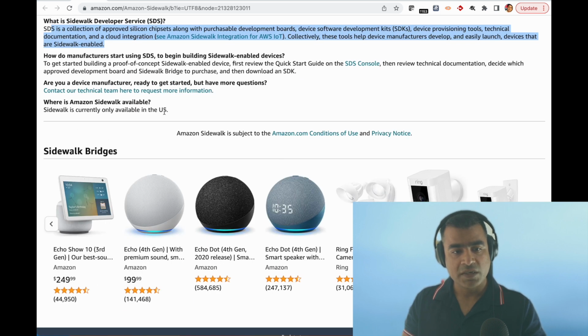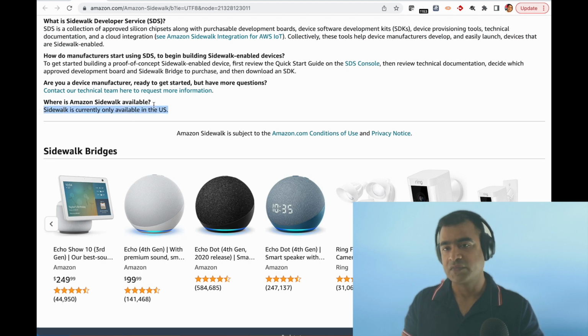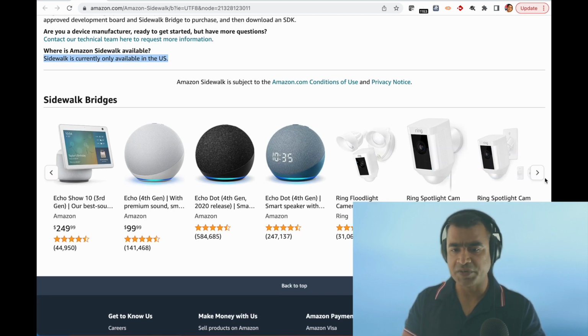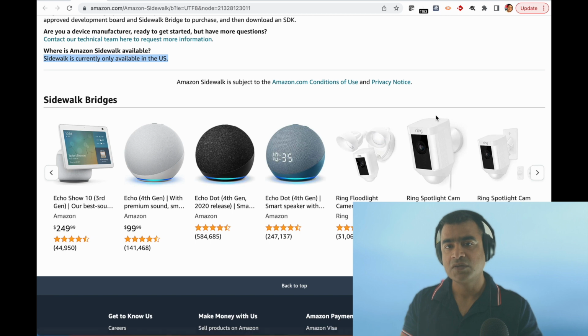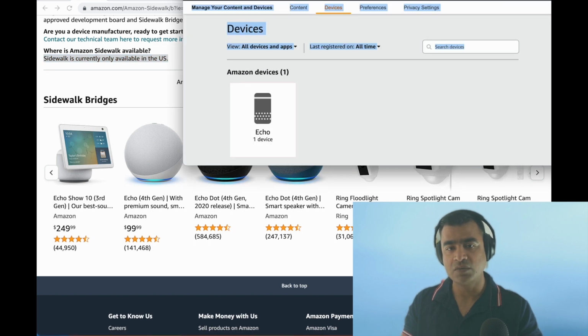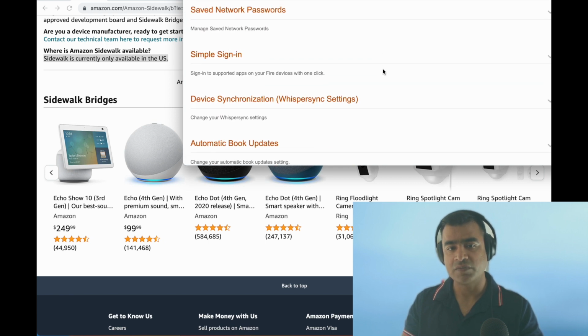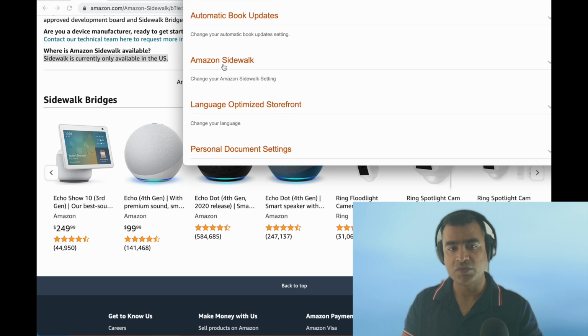Okay, Sidewalk is currently only available in the US. That's a point to note. These are some Sidewalk bridges. All right, now as I promised you, I'll show you how to find the Sidewalk bridges you own, and how to disable or enable them. So for that, I'm going to log into my account, and here you can see I have one Amazon Echo device associated in my account. And from there, this is under manage your content and devices. From there, if you go to preferences, you have all sorts of preferences. And from there, I can come to Amazon Sidewalk,